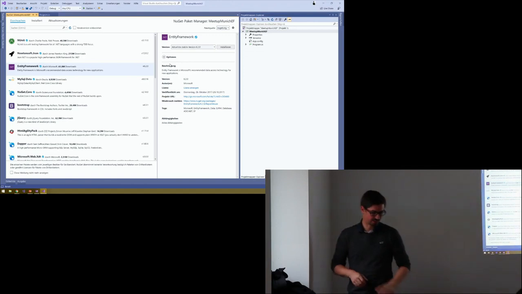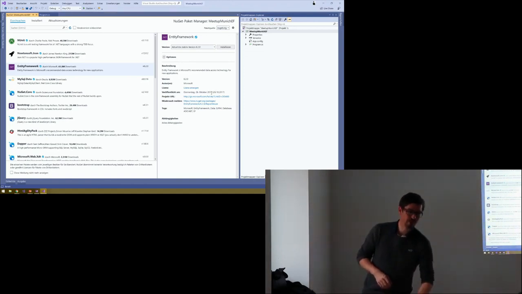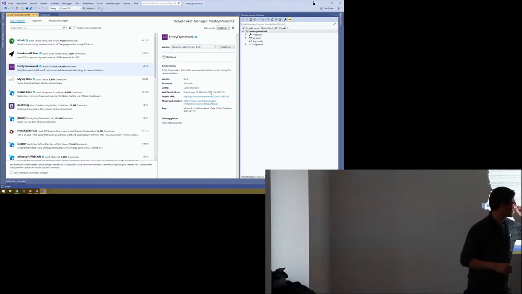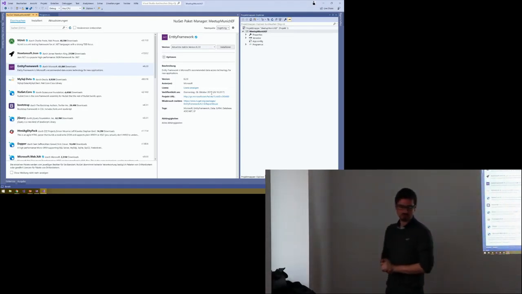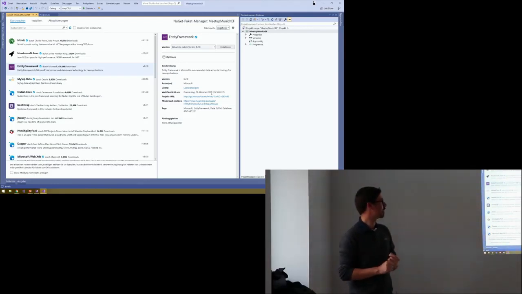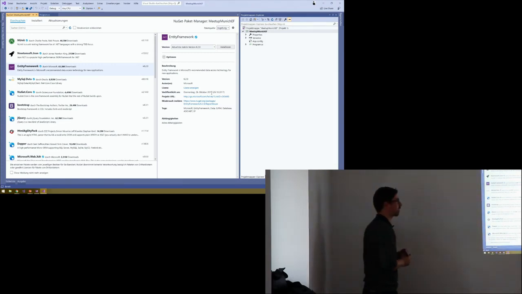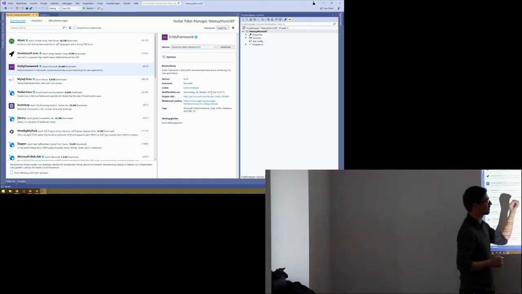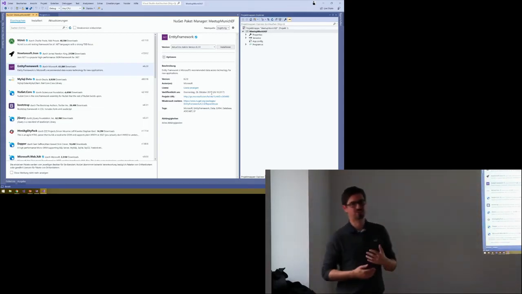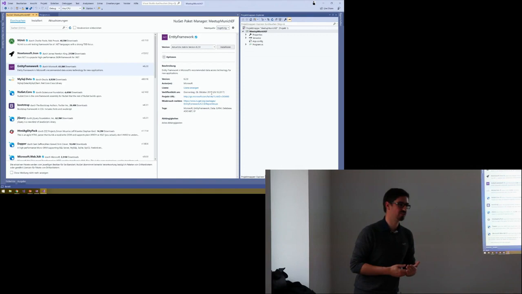Here you can see that this version is from 2017. That means this package is more than 2 years old, and we will get a new version this year for Entity Framework. Just to mention that also, because we will get a 6.3 version this year. This version will not bring any new features to this framework. What will this update bring to us? We will get